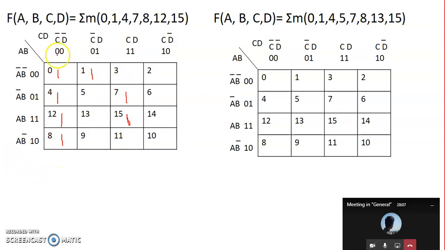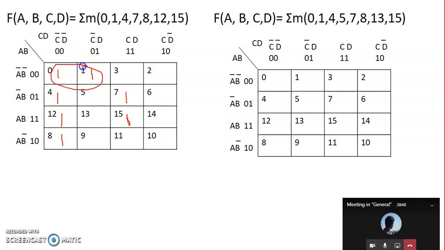Once we put the entries, we need to do a grouping. When you are doing a grouping, the very important thing is grouping of 2 ones, 4 and 8 adjacents. And then first pick the option where it has only one option. Multiple options, don't go for it. So for example, if I go with this one, I have multiple options. I can group with this or I can group with this. So I don't go for this. I'll go for the only option. For this one, okay, this is the only option. So I'll make this group.